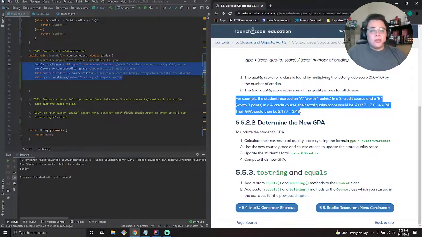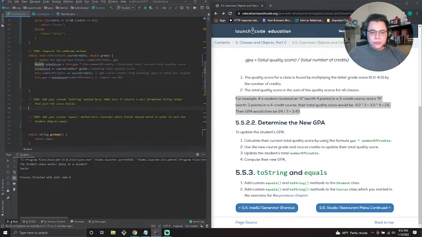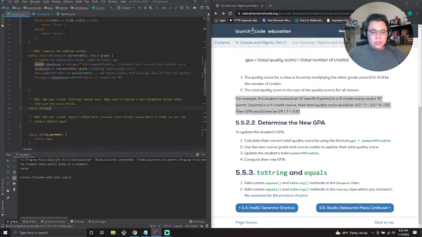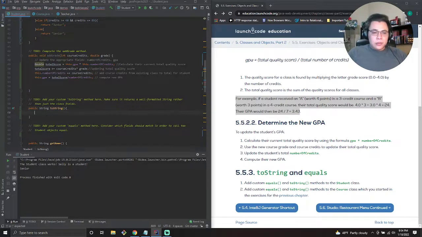Okay, so now we're going to do our toString method. And this is fairly easy to outline. We've done this in the course. So public String toString. And here we're just going to return. And here it just says that our toString method should be a well-formatted string rather than just the class fields. So here we're going to return